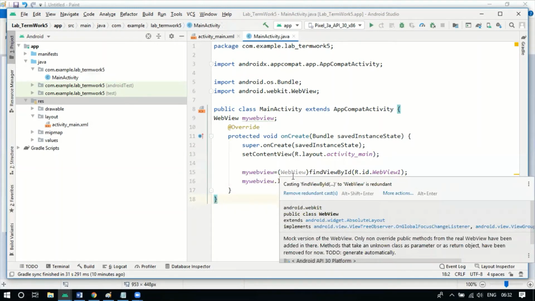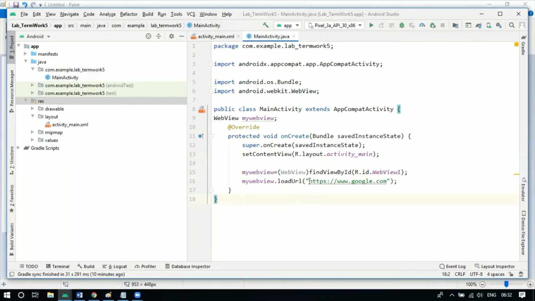So this will basically load the URL that you are going to pass. I mean, the URL will be passed as an argument to this function, that is for the load URL.